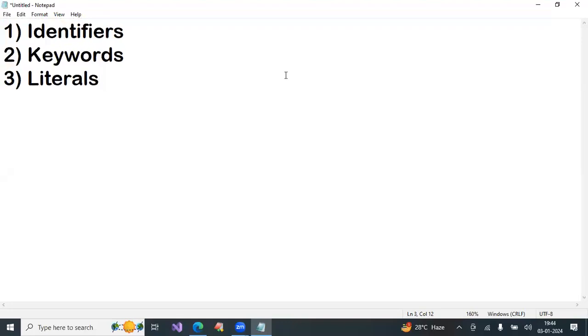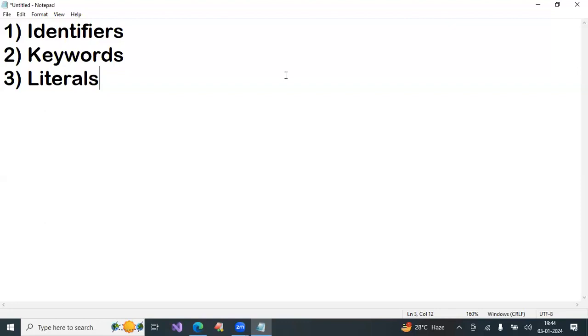To declare an identifier, how many rules are there? 5 rules are there. Can I write capital letter? Yes. Small letter? Yes. Digit? Digit also we can write, but not as the first letter.